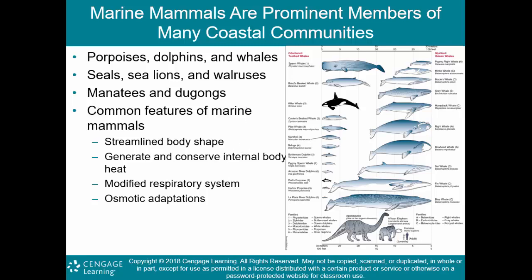Streamlined body shape obviously allows them to swim. They generate and conserve internal heat, and they have a modified respiratory system. Obviously, they're able to breathe at the top of their heads, their blowholes, and they have some osmotic adaptations so the salt water doesn't go into their bodies. Osmosis otherwise would force salt out of the ocean into their freshwater bodies,